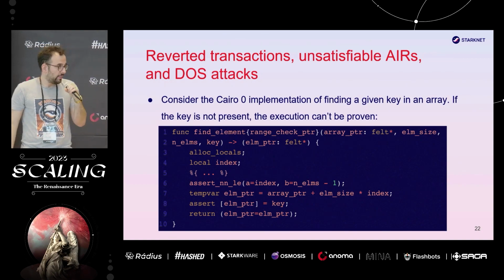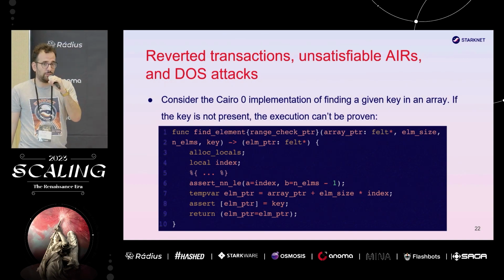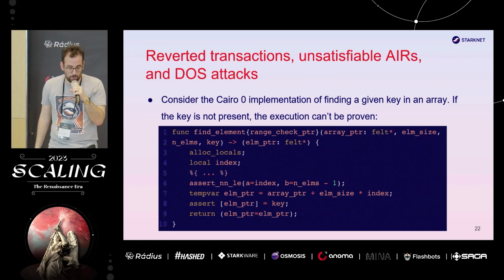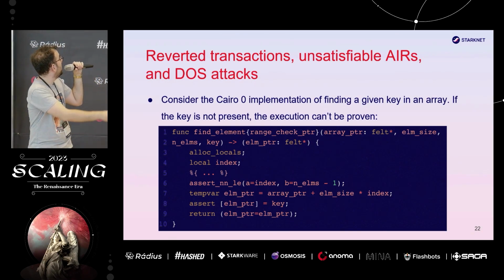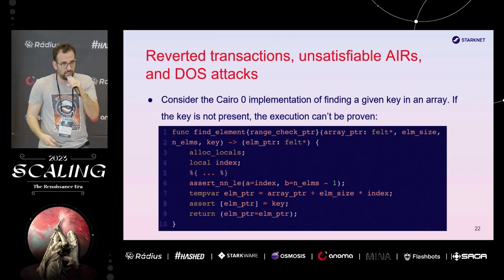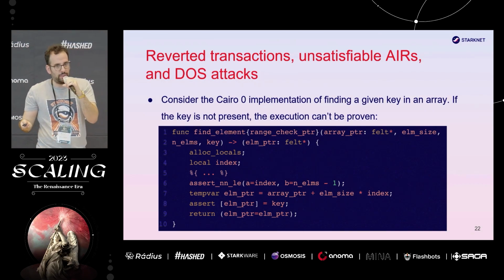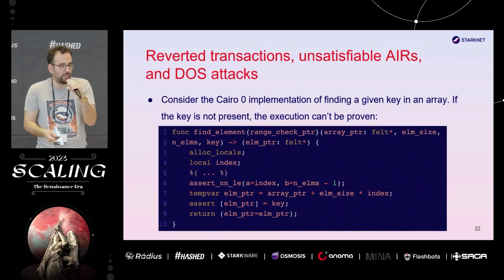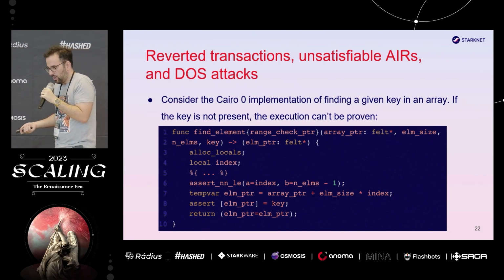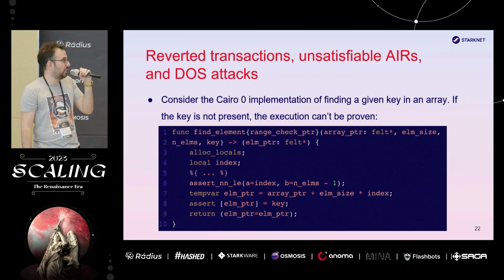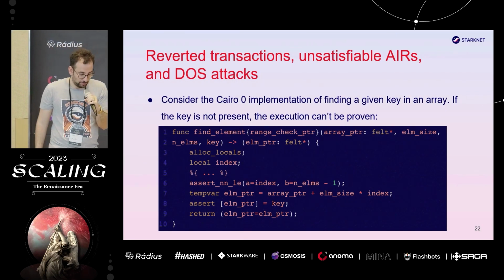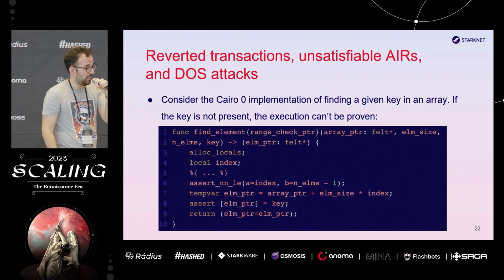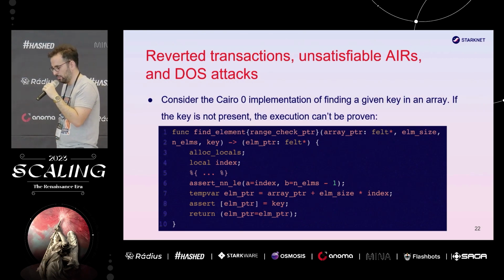So this code may look a little bit weird at first glance. You see on line 4 that I define a local variable called index, and in line 8, just before the end, I somehow magically expect the requested element to be at that index, but there is no looping, there is no iteration. Why would I expect this? At first glance, this code looks very silly. So the magic is actually in line 5 in the curly brackets, which I've omitted for brevity.